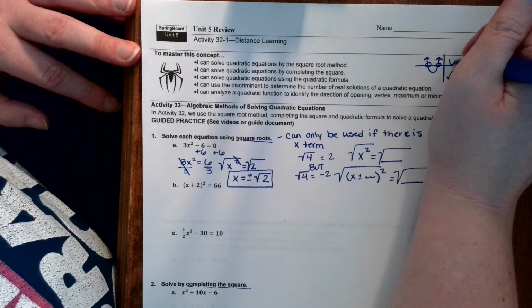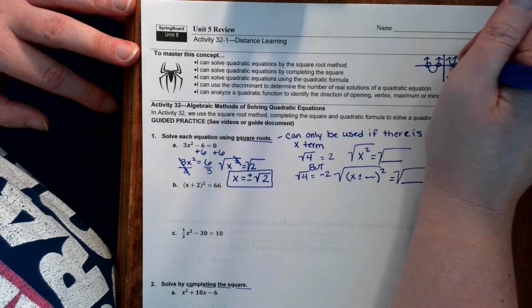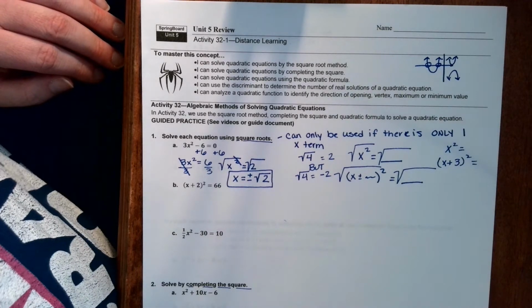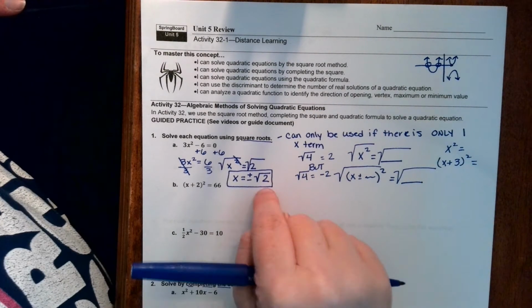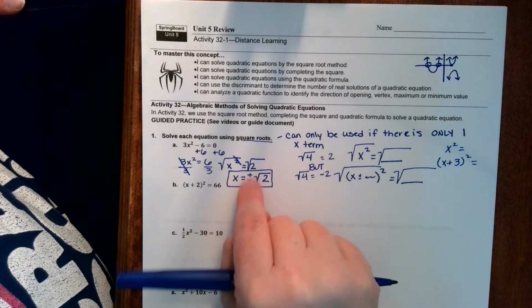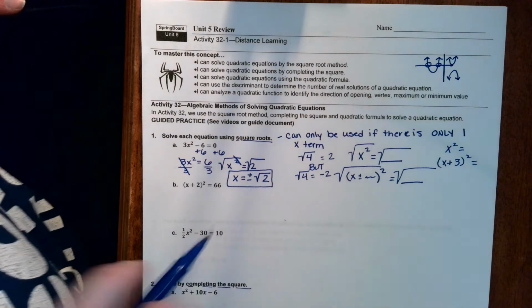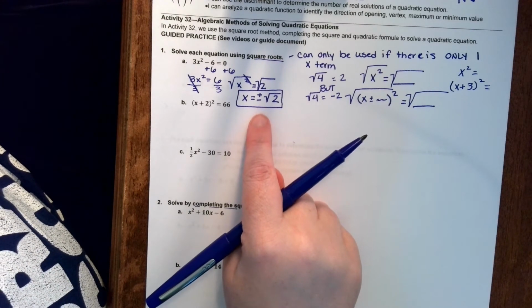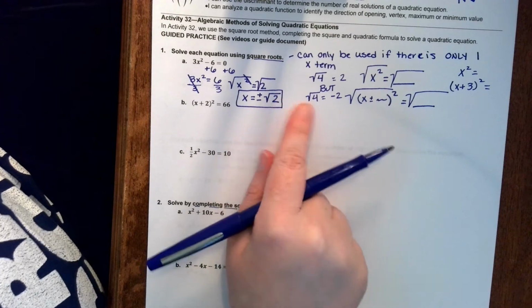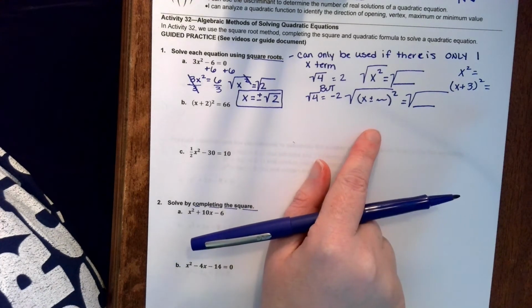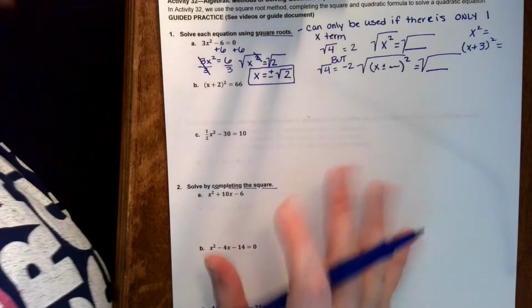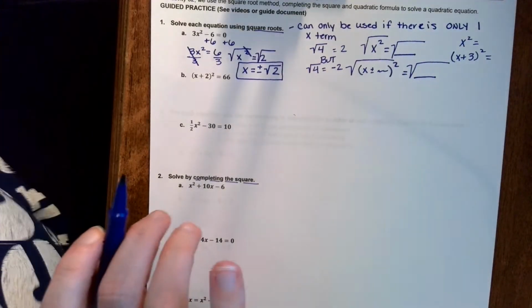You could have 1 where the vertex touches the x-axis, but a lot of times you're going to have 2 solutions. So we have x equals plus or minus the square root of 2, or positive square root 2 and negative square root 2. This symbol is how mathematicians get away with not writing x equals square root 2 and x equals negative square root 2. That symbol is a shortcut and lets you be lazy. Okay,